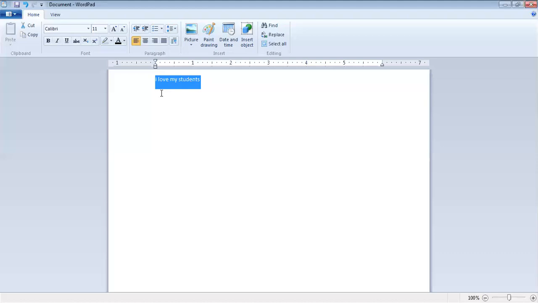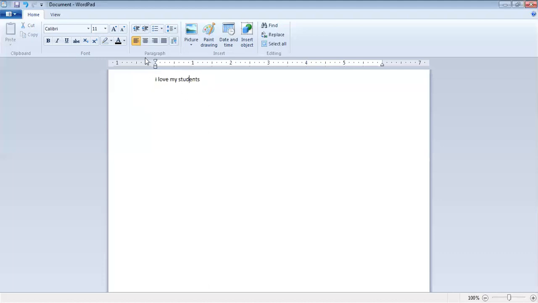I am repeating it again. How to select the text? To select the text, I will click at the beginning of the text. That means where my text is starting, I will put my cursor there. After that, I will press the left click of the mouse and then drag it. After dragging it, I will release the mouse. After that, whatever changes I want to make, I can make.